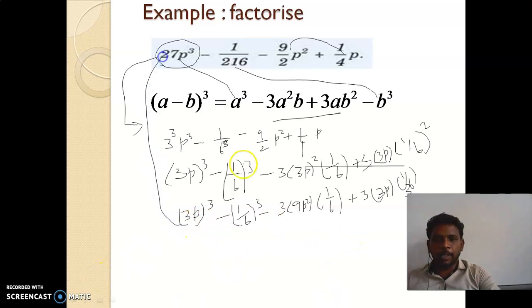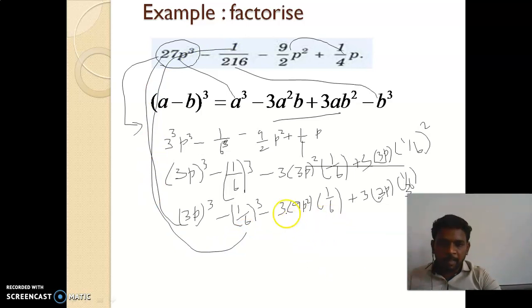So this one equals 27p cube and this one equals 1 by 216. If you simplify this, 1 3 is 3 and 2 3s are 6, and if you simplify, it is 9 by 2 p square. So 9 by 2 p square is nothing but this term 9 by 2 p square,